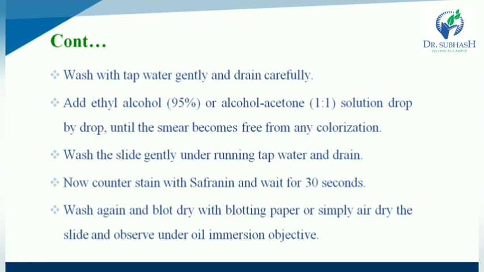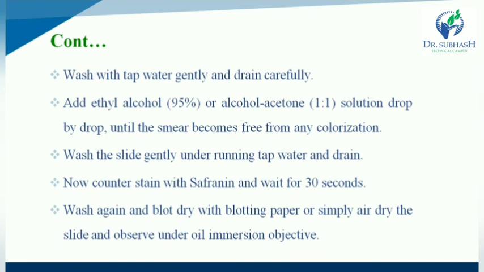So first step is make a smear preparation. After smear preparation, air dry the glass slide and heat fix. After heat fixing, crystal violet stain is added on the glass slide covering the smear completely for 1 minute.